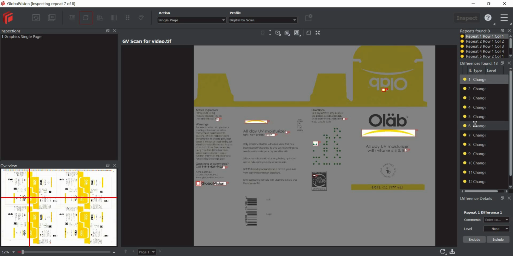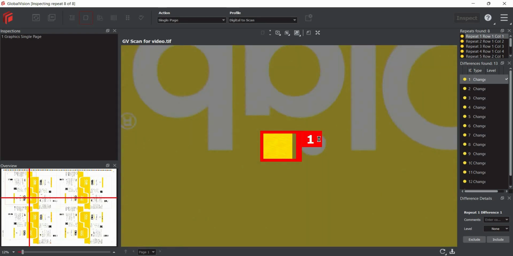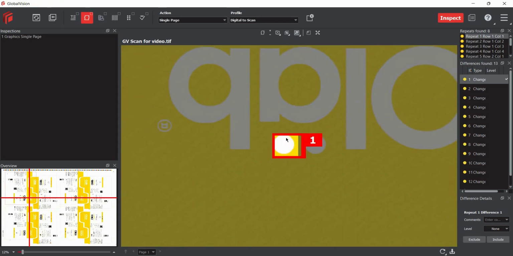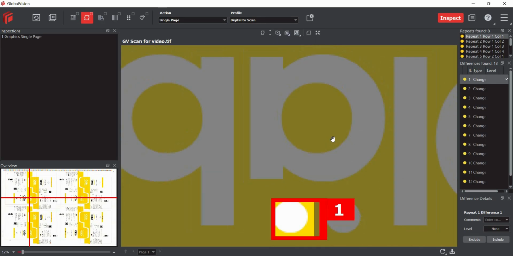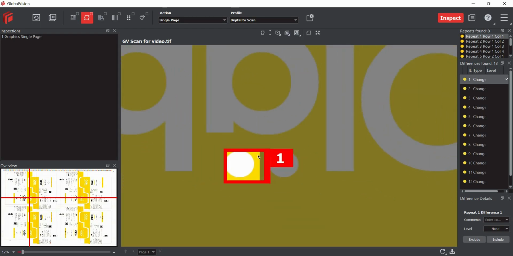Now, just to show you the type of differences the software can catch, we will go through them one by one. So I'll click on difference number 1 over here, and it shows a blinking dot. What does this mean? If I go over here and click on master, which is the PDF we have loaded on the left hand side, which I showed you earlier,